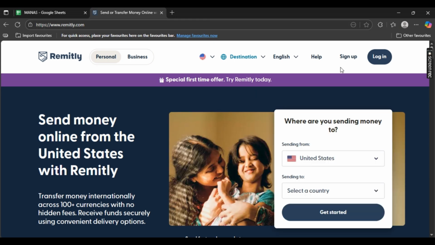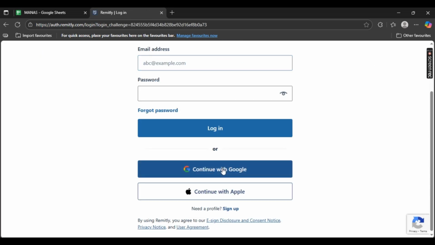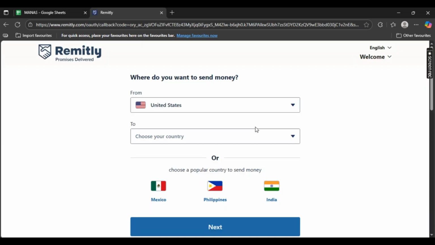Now, first things first, make sure you are logged in as well. We have also created a video on how to log in or sign up to Remitly, so make sure to watch it. Once you have signed in to the Remitly application,